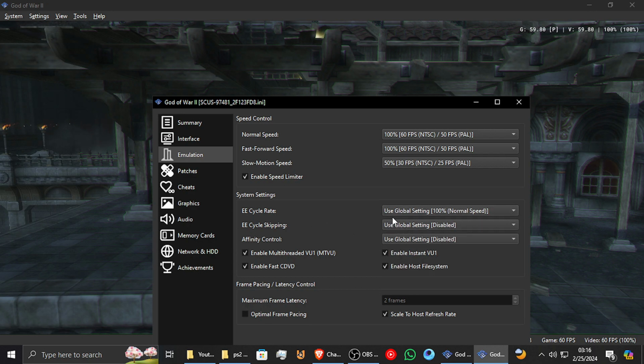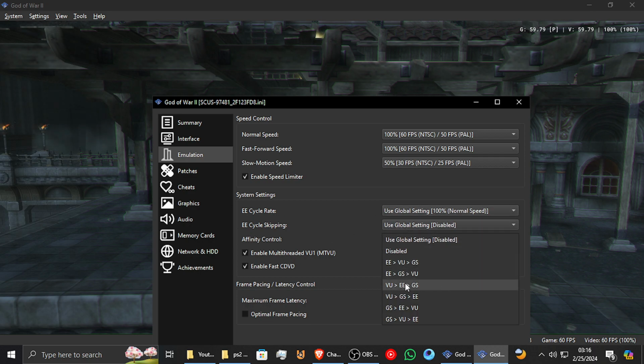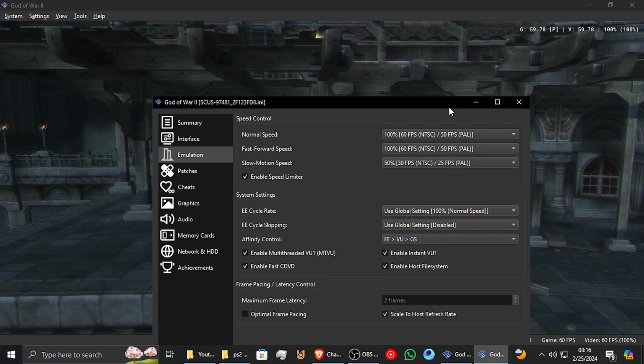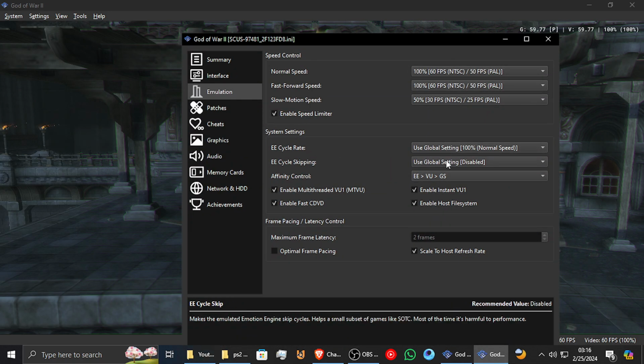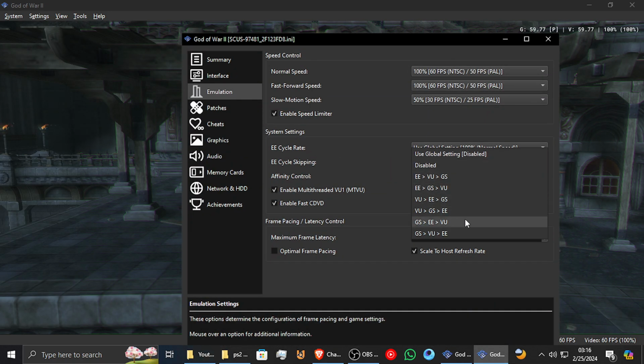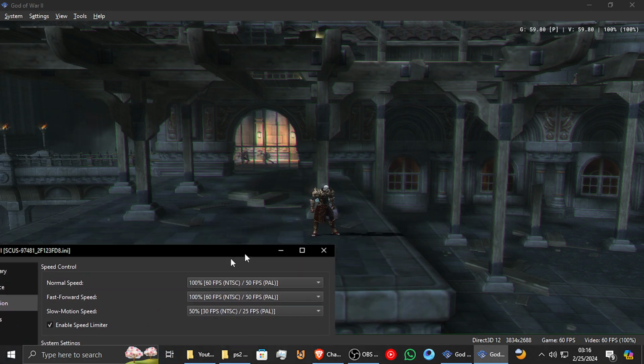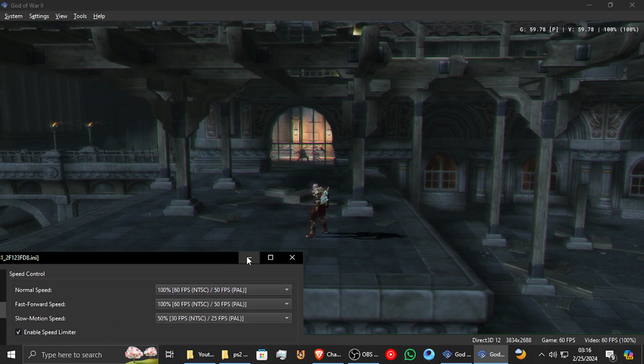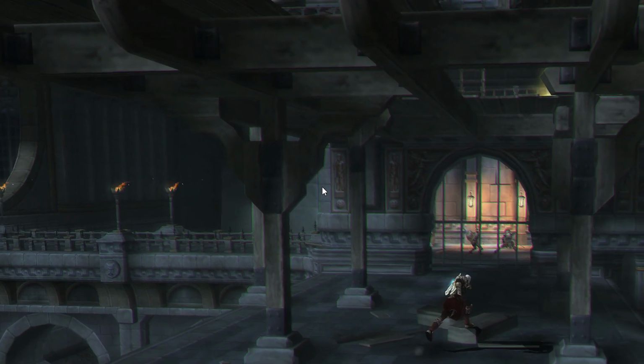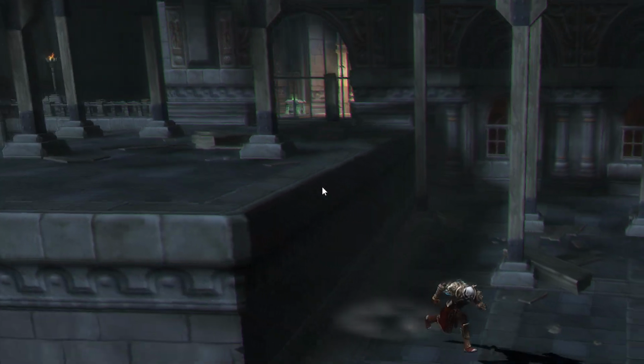and the EE cycle, not the EE cycle rate. So EEGS, you can turn that on. That might actually improve some performance. Or you can EEVU, visuals. So if I go to full screen now, doesn't really do much, but